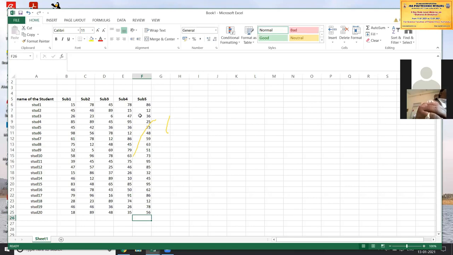To draw the frequency polygon and frequency curve, the second step is we have to create the upper limit and frequency, and cumulative frequency has to be created.